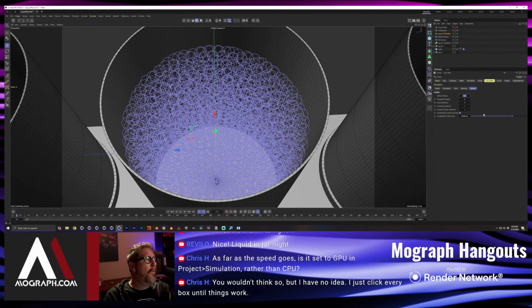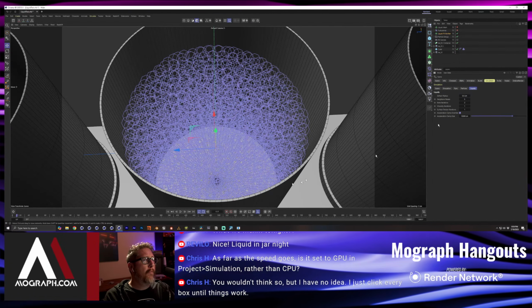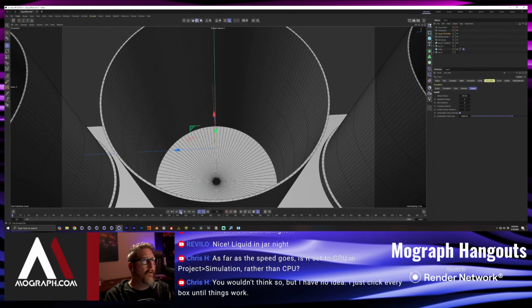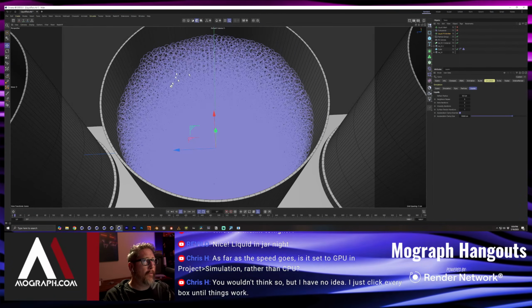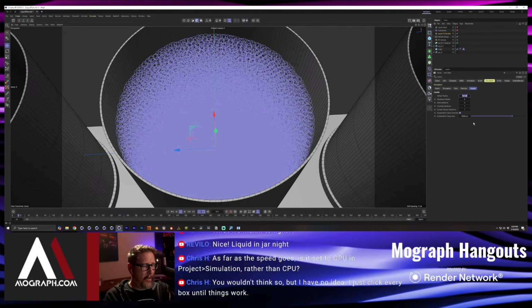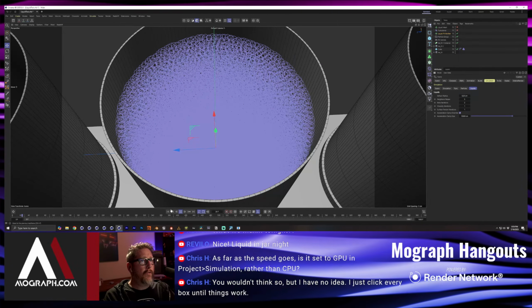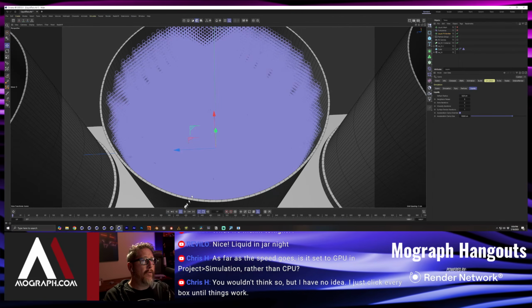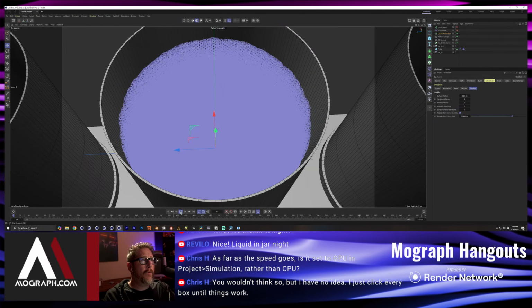Liquids, default radius, 0.5. Okay, so I get more in there, but as soon as I start going down to way lower numbers,